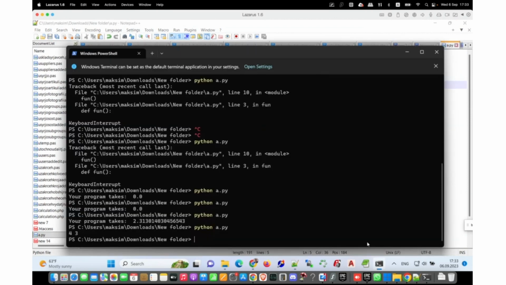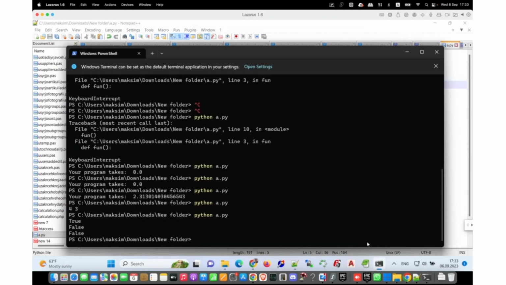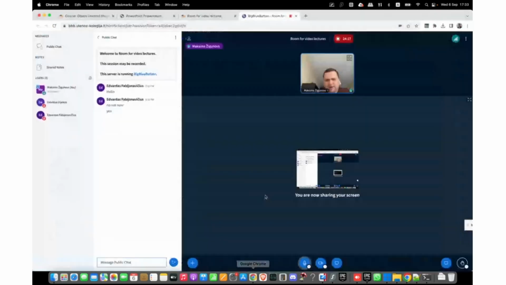And let's run the code itself. So as you can see, this thing really works. So I would say in most of the cases,